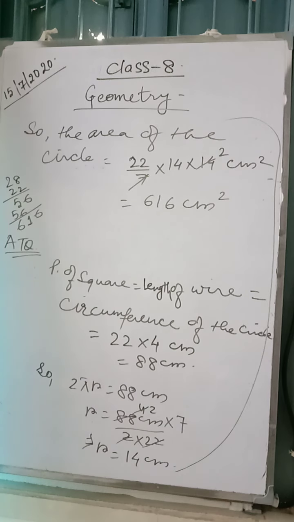So this question number 22 you have to do. First, get the area of the rectangle minus the area of two circles. You'll have the area of the shaded portion. Second, get the area of the outer rectangle minus the area of the inner rectangle. You'll have the area of the shaded portion. So this work you have to do. I'm not going to do it.